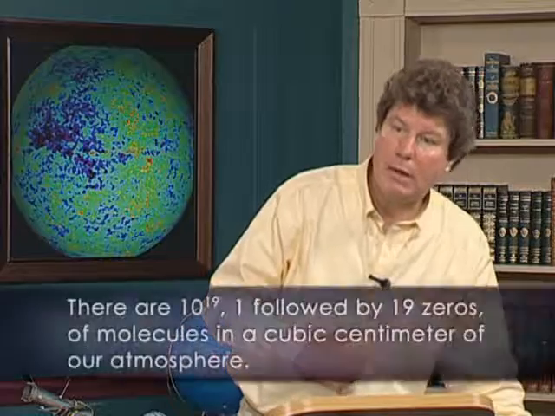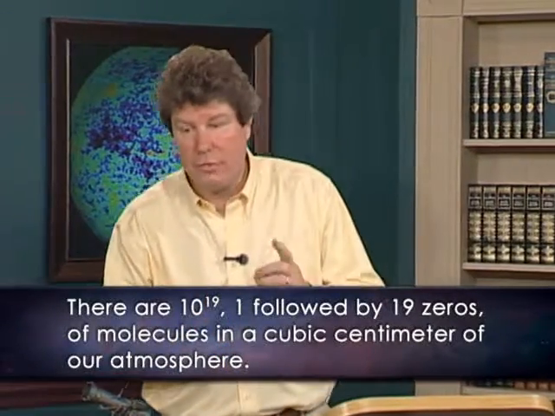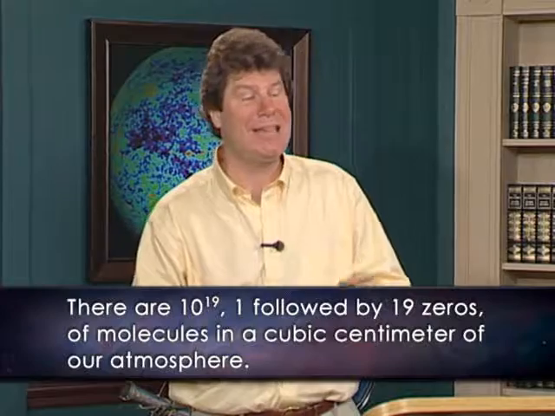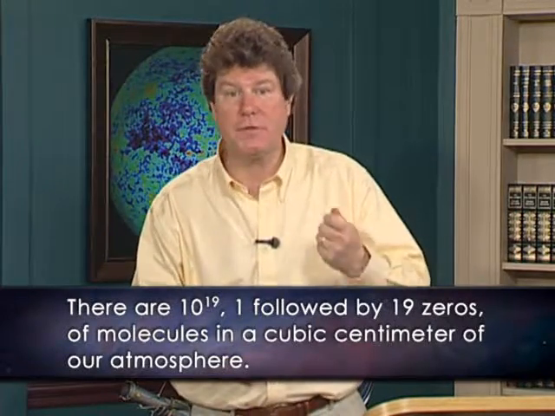How many molecules do you think there are per cubic centimetre in our own atmosphere right here in front of me? Well, you may be surprised to hear that there are 10 to the power 19, 1 followed by 19 zeros. That's a cubic kilometre's worth of sand grains. So cosmically speaking, we live in an exceedingly dense environment. And the primordial atmosphere is incredibly rarefied by human standards. In fact, it's more rarefied than the best vacuum that scientists can make on Earth.